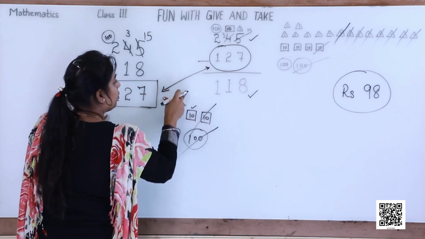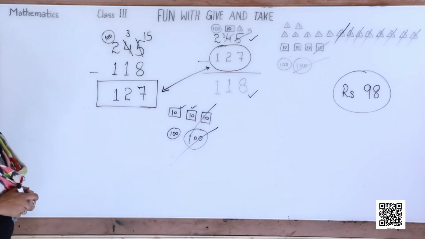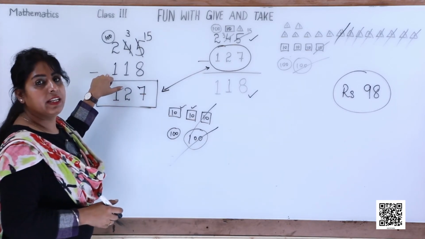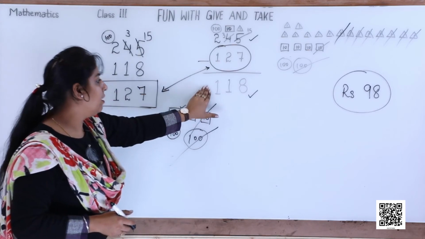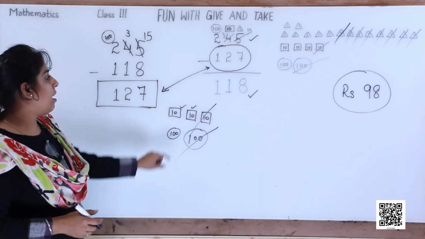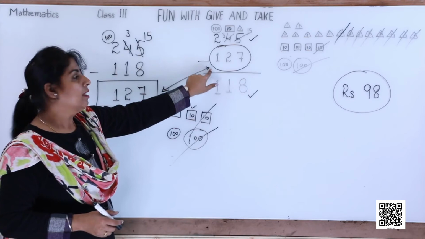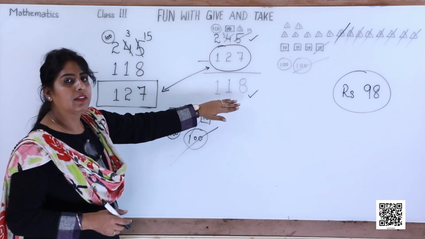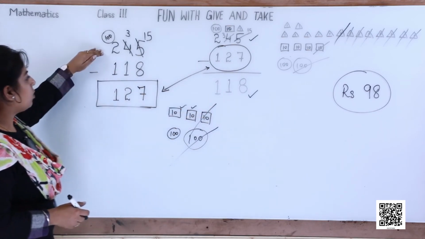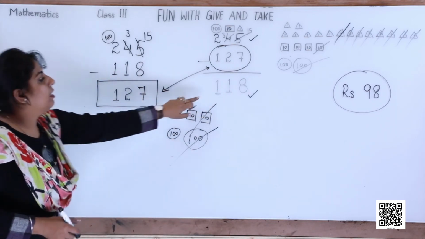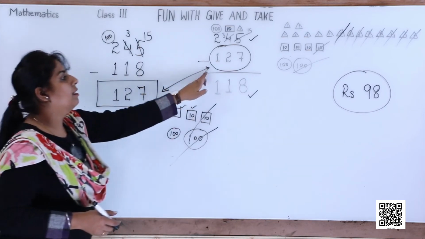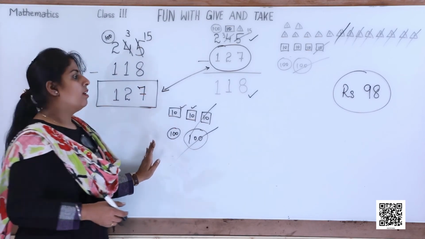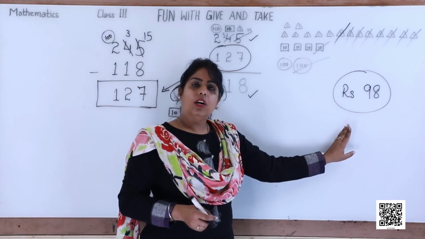Can you see? These are 2 similar statements. This means our subtraction is correct. Our answer obtained here is correct because we have got the same number here. This is the total out of which we subtracted this and we got this. Now this is the total number. We subtracted this and we got back this. So our subtraction is correct. The shopkeeper's subtraction was wrong.